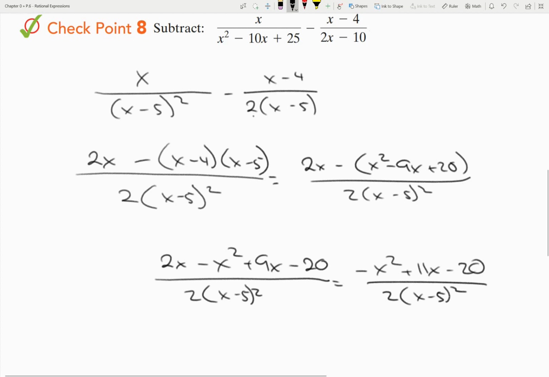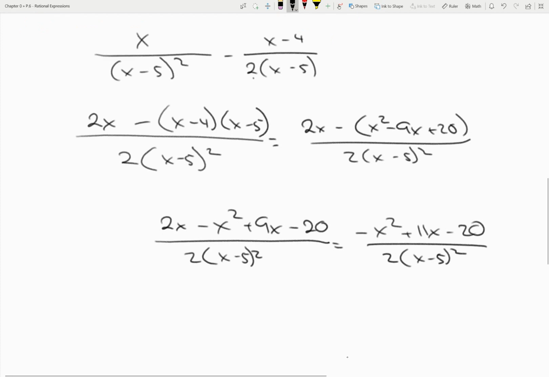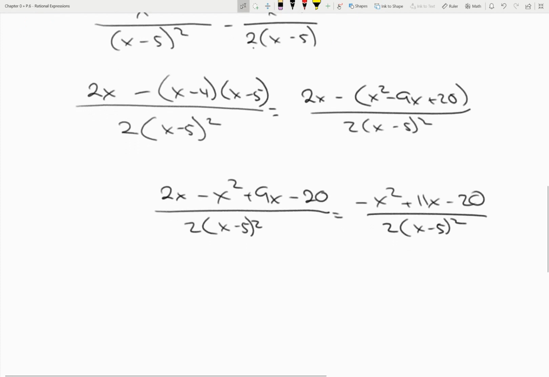We could try to pull the negative out and factor, and then when we do that, it'd be the factors of 20 that add to 11, but that doesn't actually work. So, comma, x is not equal to